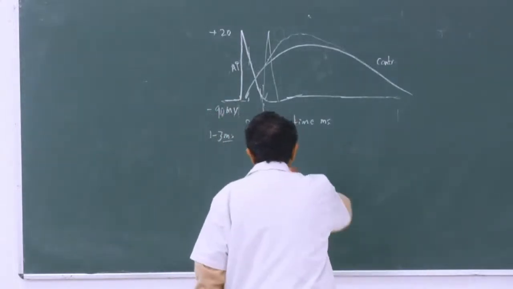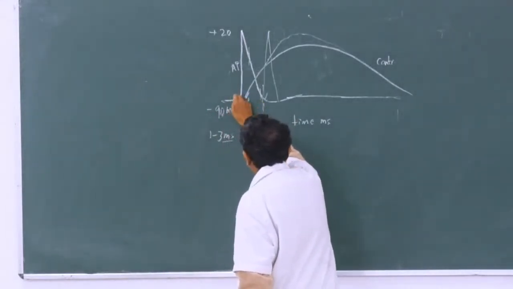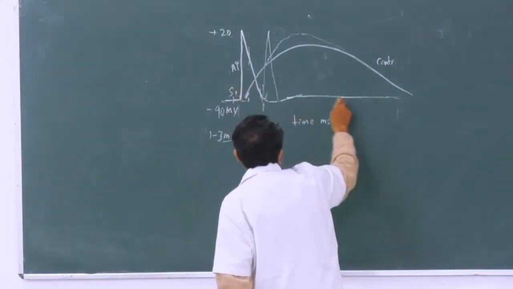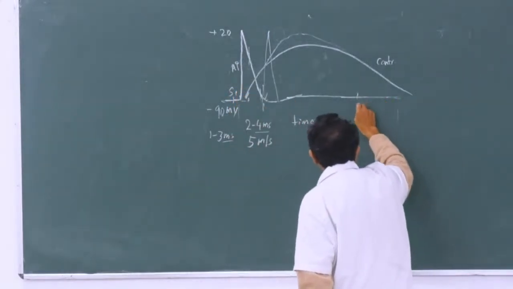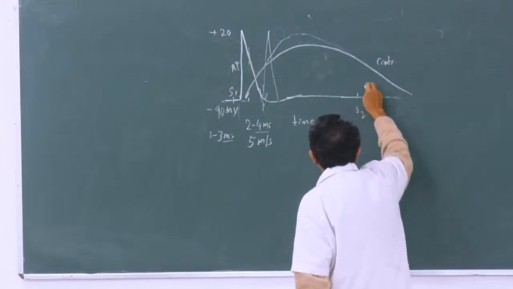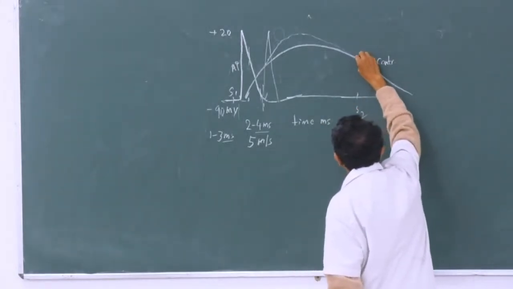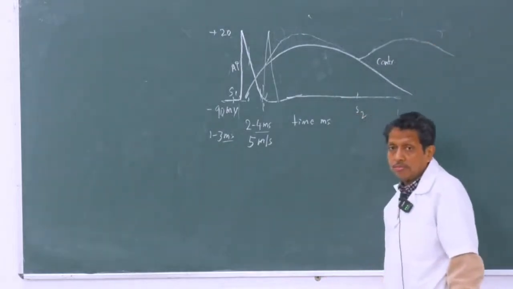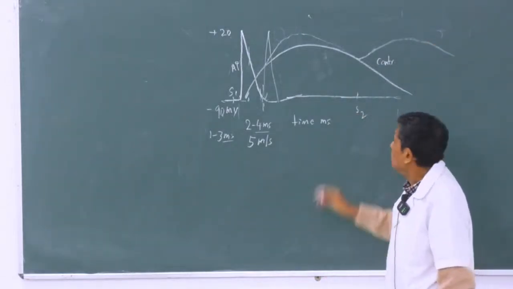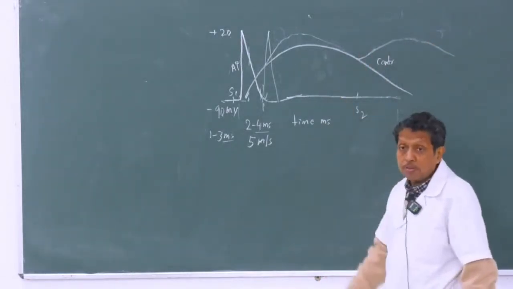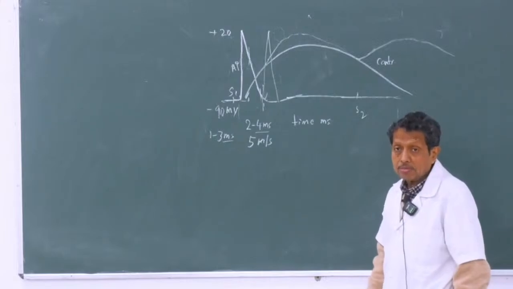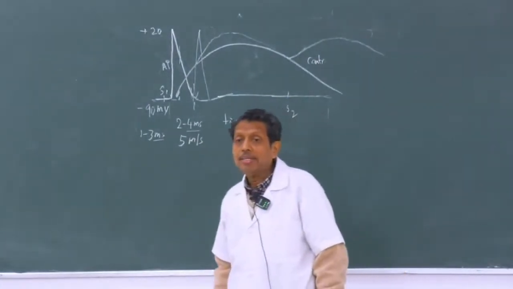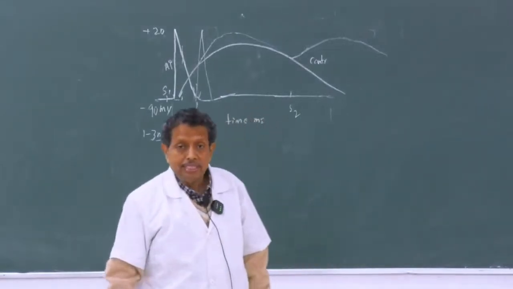Suppose it is due to the first stimulus, S1. Suppose in this position is the second stimulus, and so in that case there is another contraction. A double peaked contraction curve you can find, and it is called a summation of contraction or a tetanus.